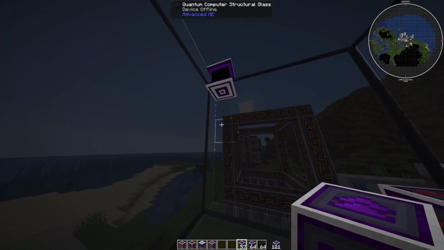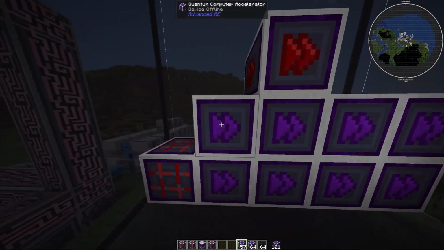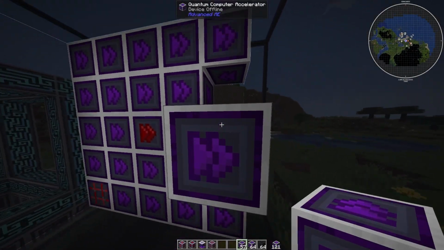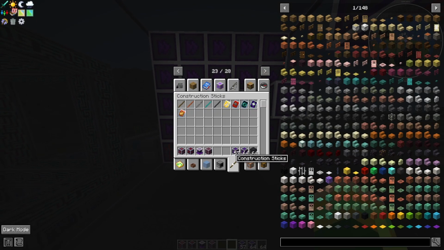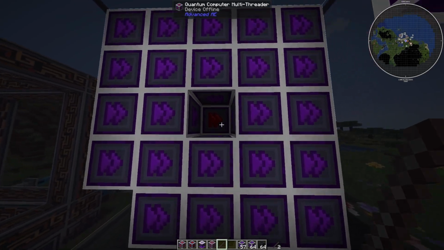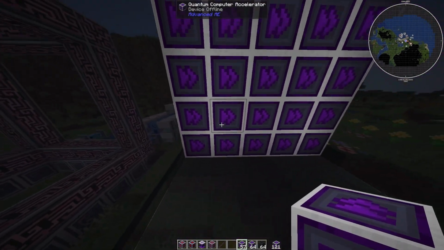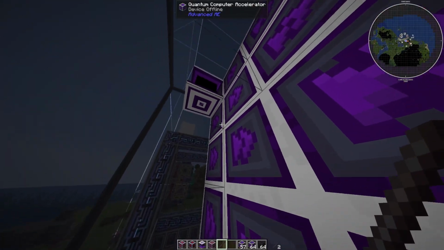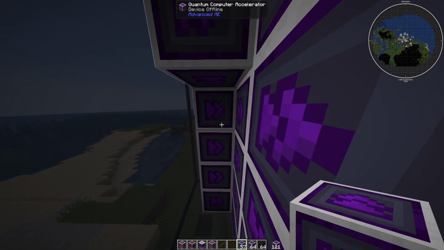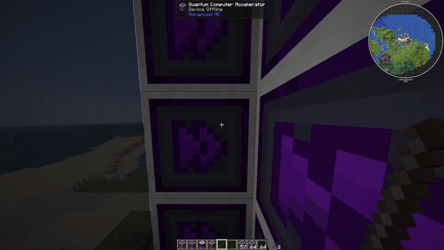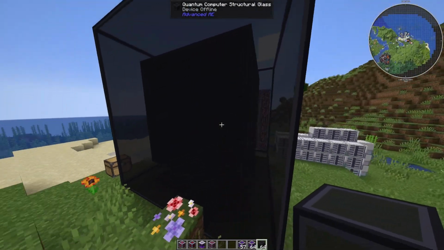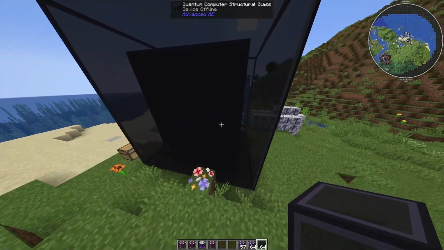Then with the empty space that we have left in here, we're going to just fill it in with accelerators. And again, probably helps if you have one of these netherite sticks. So you could just fill it in like so. Make sure that you can get out like that, and then close this up, and you can see it's sort of changed into a little structure, and